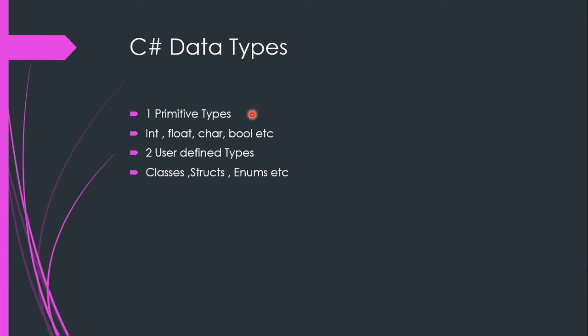Similarly, there are some basic building blocks that make up any language, known as primitive data types. Probably you are all familiar with C++, C, or maybe Java. Similar to all these languages, C# contains some primitive data types that are the basic building blocks. And they are